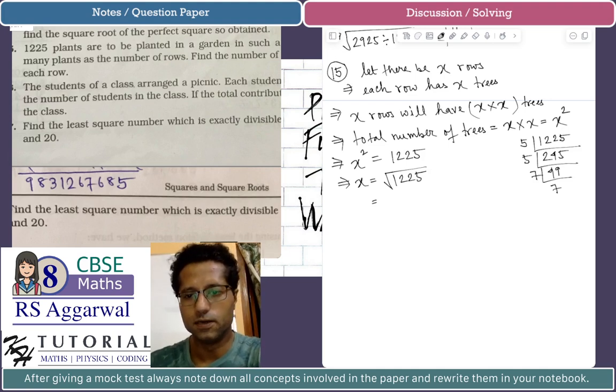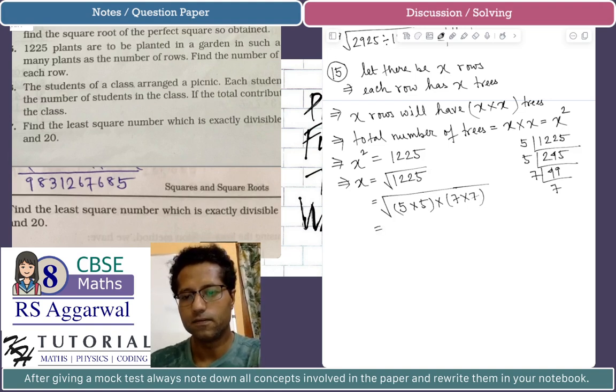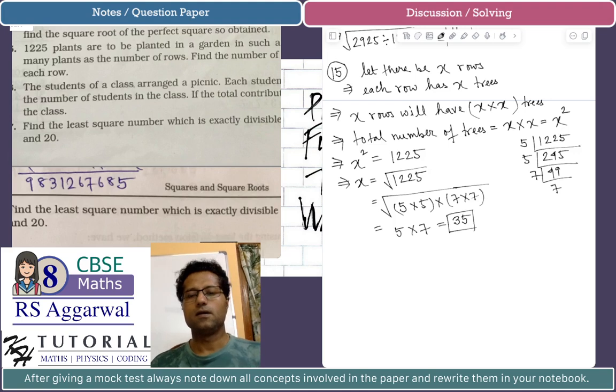So we can see the square root of 1225 is 5 into 5 multiplied by 7 into 7, and its square root will definitely be 5 into 7, that is 35. So 35 is the answer to both parts of the question, that is 35 is the number of rows, and 35 is also the number of trees in each row. Okay,